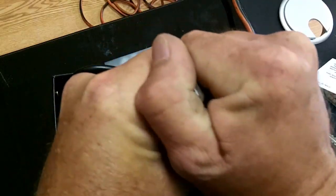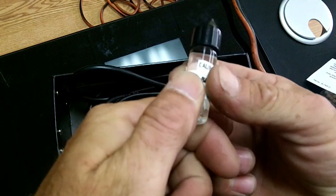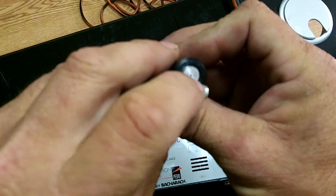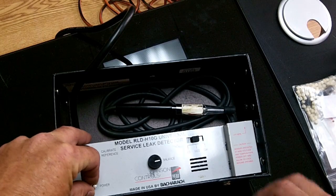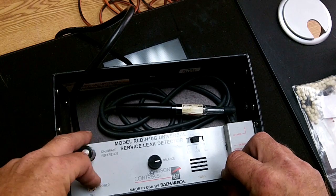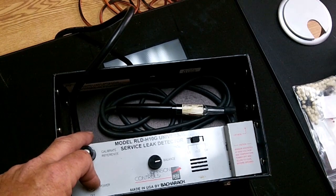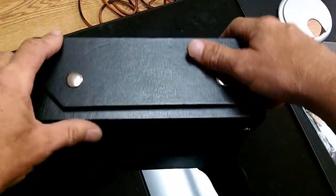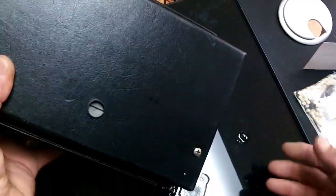Let's see if I can open it. There's a little paper thing in there. But anyway, let's turn it on. Now I gotta make sure that my little thing is plugged in. Hold on a second. Alright. So when you first get this thing, what the